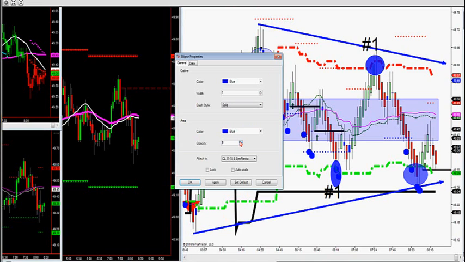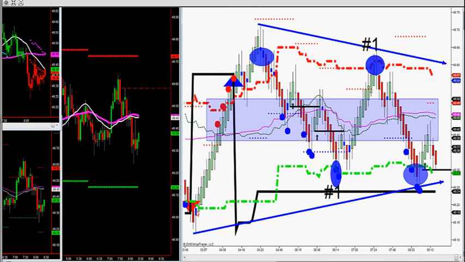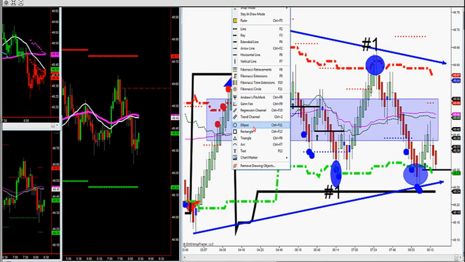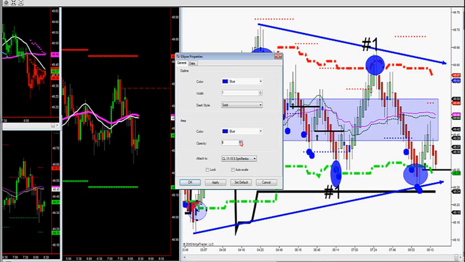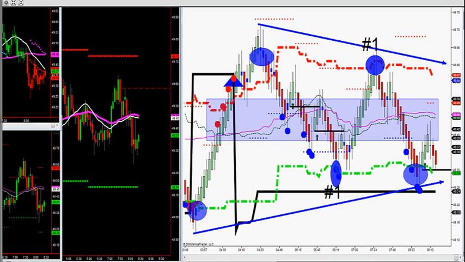Bought the low off profile earlier. It's been in a range market and going in between profiles. And that's what it does in range markets. It likes to go from profile to profile. So then what it does after it bounces between profiles, and you get these flat magenta MAs, what we're going